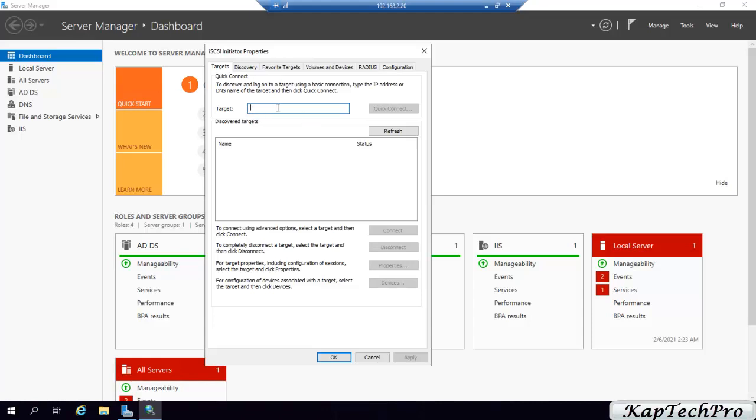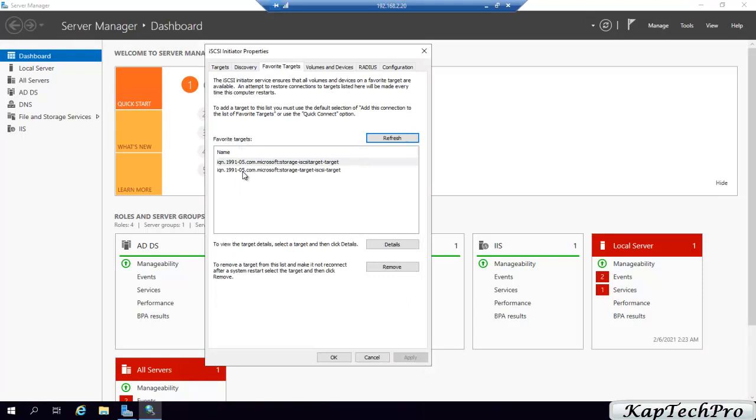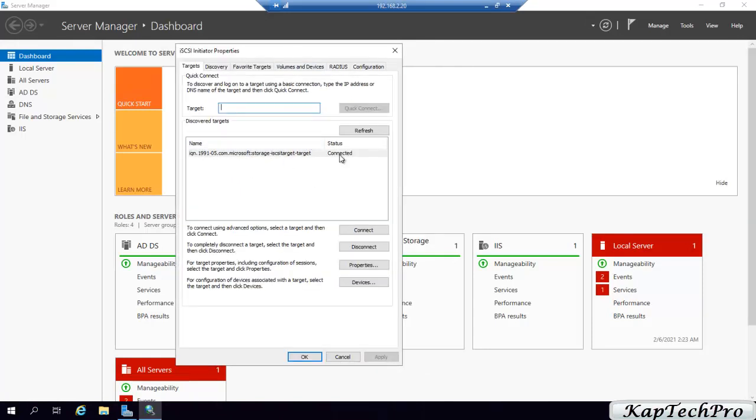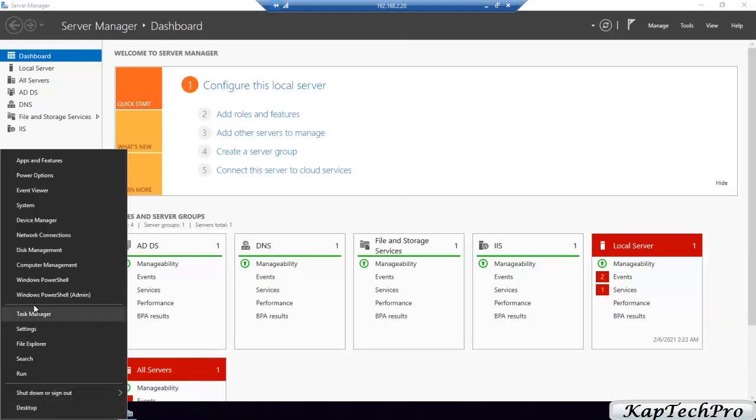We can enter the IP address of our storage, which is 192.168.2.60, and we'll click on quick connect. So as you can see, status is connected, and in progress report it is saying login succeeded. We'll click on done. In favorite target, you can see the name of our iSCSI. So friends, we have successfully connected our iSCSI disk on our initiator. So we'll click on OK, and now we'll right click on start. We'll click on disk management,